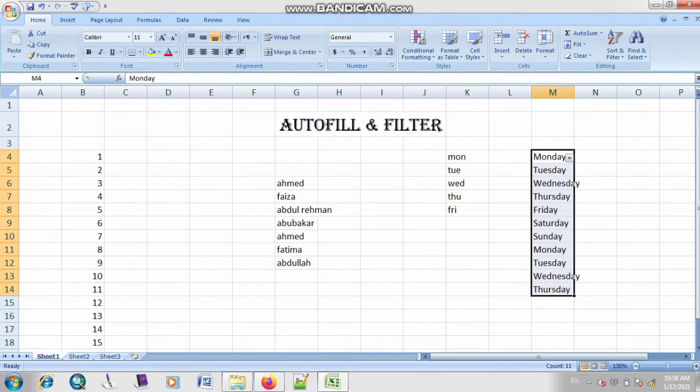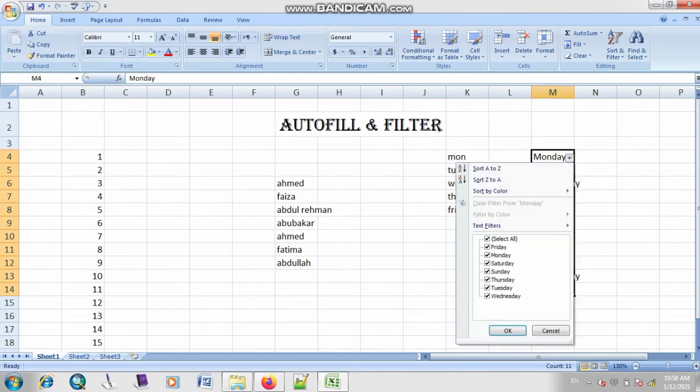So as you can see, when I click on this option of filter, a drop down menu will appear here. You just have to click on this option and here the list of names or values will appear. Like I have here 7 days of the week, Monday to Sunday. So let's suppose I don't want Monday to appear.